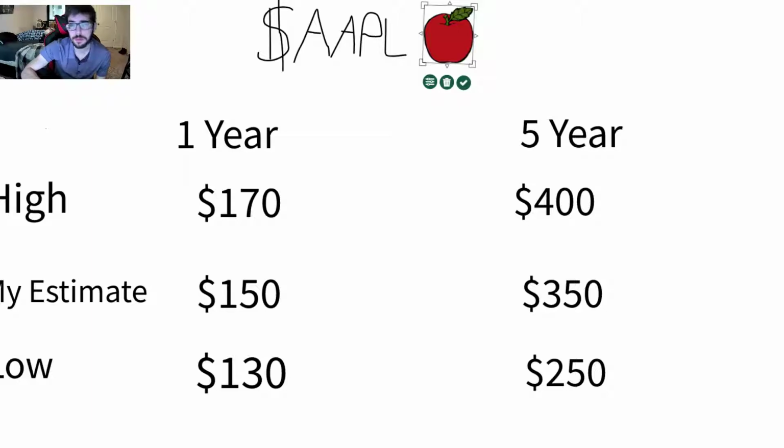It's possible. My 5 year estimate, pretty low, I will say. The high here, I would put between 400 and 450, most likely. That is, as everything comes into play. This is excluding the Apple Car. I didn't quite include it in there, but even in the 5 year estimate, it probably would be in there. But again, we're estimating this is 2029 or 2028 release potentially. Without the Apple Car, this stock I think is going to be worth $400 to $450 in 5 years,